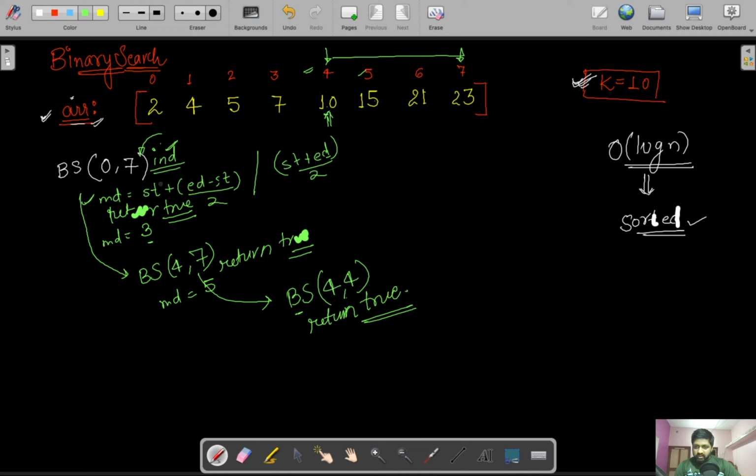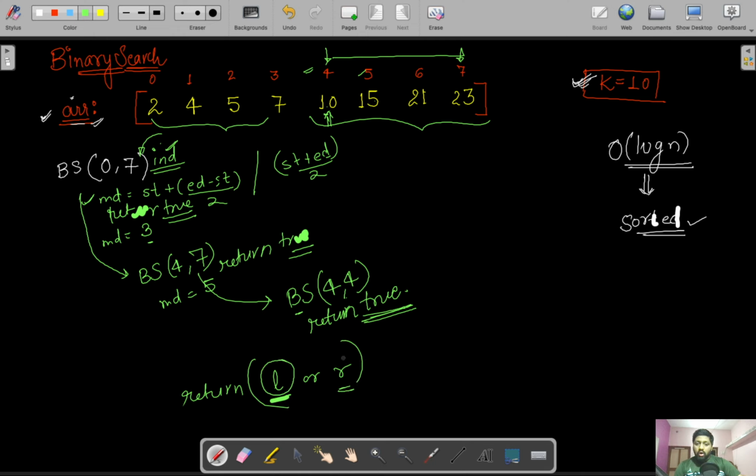In this case, one thing you need to keep in mind is, either the left part or the right part, in any part, if we found this element, this will return 2. At the end what we are going to return is L or R. So this will indicate that either the left part should be 2 or the right part should be 2. If any one of these is 2, then the answer is true only. That means that we have found the element. This will be more clear with the help of the code. I will show you in the code.